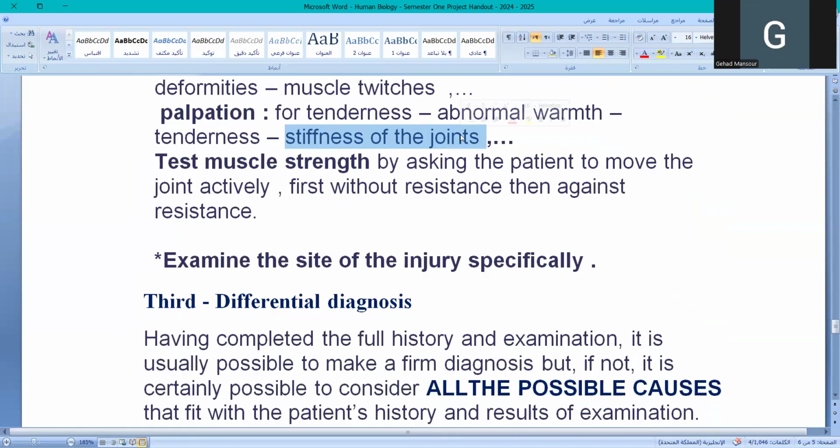First, you ask the patient to move the joint actively, on purpose, or voluntarily, meaning that you will ask the patient to move the knee joint, for example, to flex the knee, or to extend the knee, or the elbow joint. Of course, if the patient is hemiplegic or if the patient has paraplegia, he wouldn't be able to move the limb on purpose. In such a case, you would start